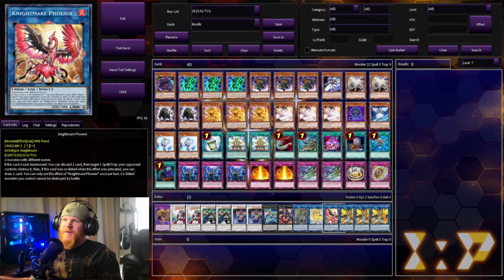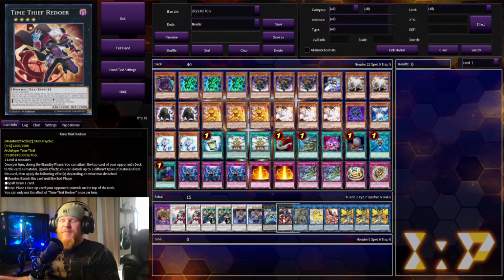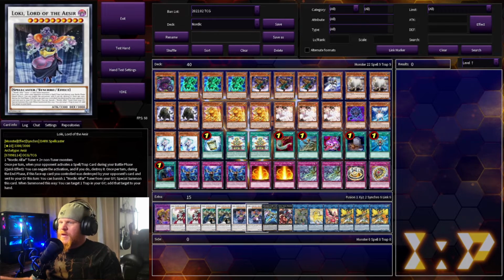Then next we have a Nightmare Phoenix for any follow-up plays. Same with the Unicorn Access Code Talker. Time Thief Redoer, we do got a few level 4s. Then you got Zeus, Steel Overlay. We got Loki, Lord of Aesir. It says once per turn,